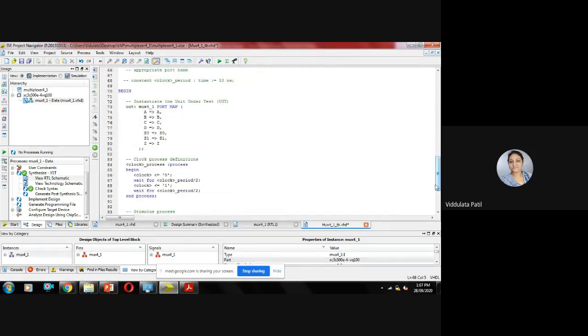Then we have a clock process; as we don't want it, I'm going to delete it. Then we have a stimulus process. So in the stimulus we are going to add the inputs. So tell me what are the inputs.